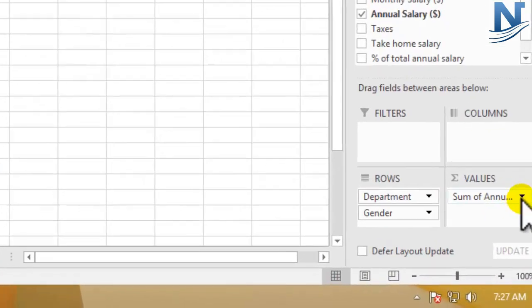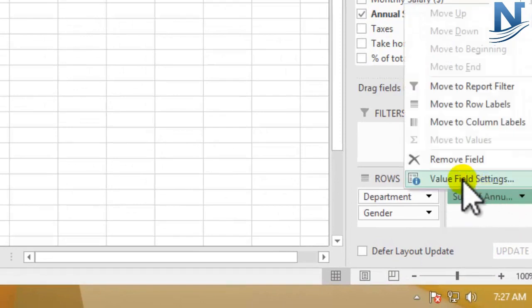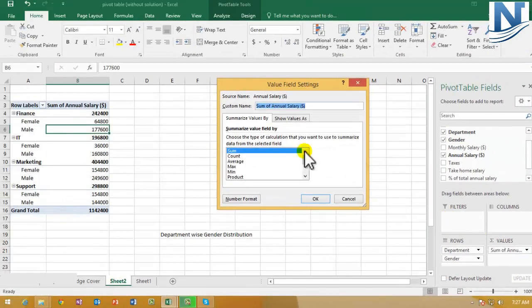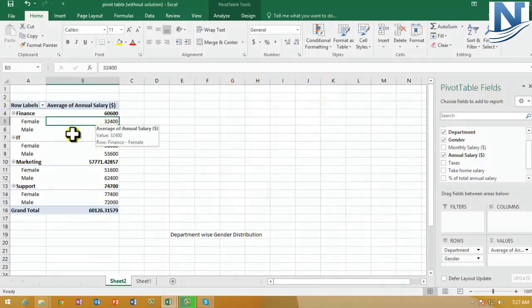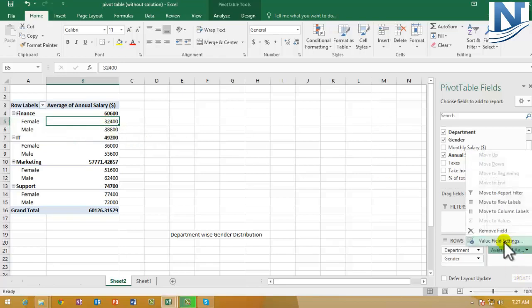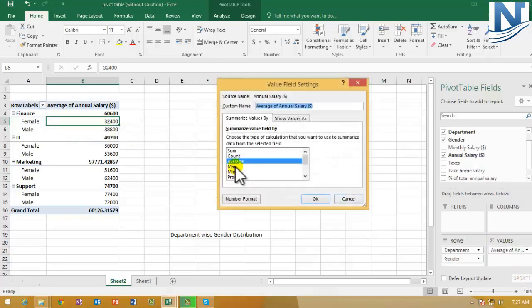For that you just click on this drop down arrow, select the value field settings and see, by default it was sum, but you can just click on average to see what is the average salary of males from the finance department and average salary of females from the finance department. If you want to use some other formula, you can see the maximum salary of male and female in the finance department and similarly other departments as well.